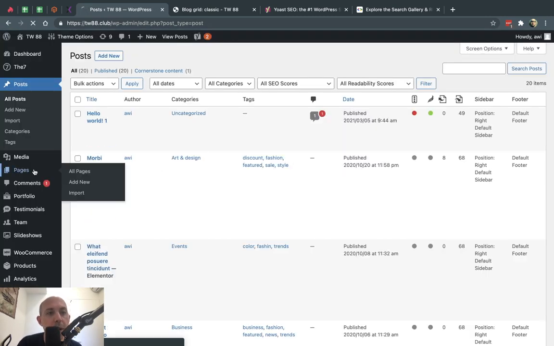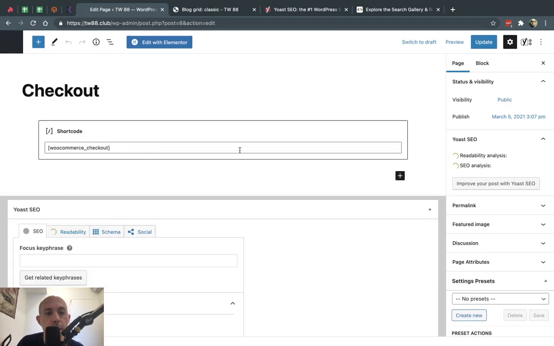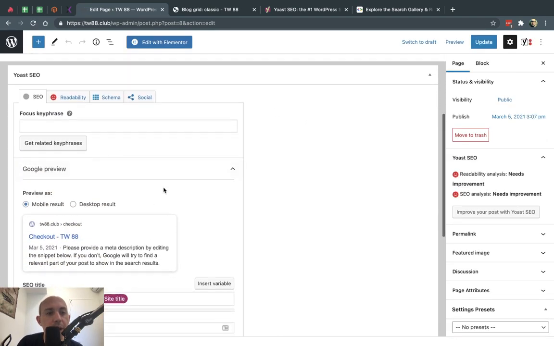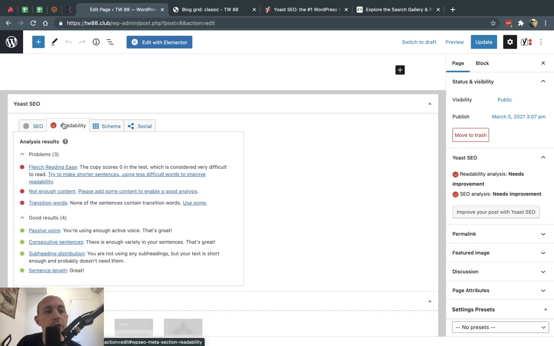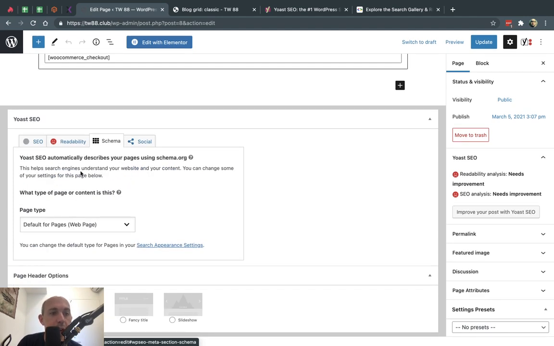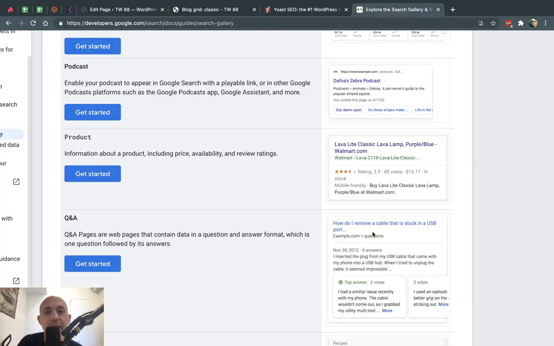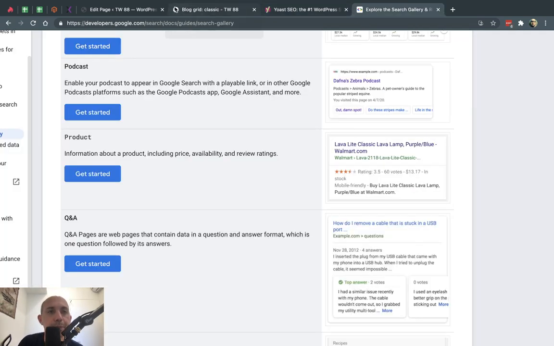And the same thing goes for pages, right? So posts and pages are very similar. You have the same information. And if I go ahead and edit my page right here, I'll have the same thing, okay? Now, one thing I forgot to mention on the post, and it applies to the pages, is this is the most important one, the SEO. But you'll also have the readability, which is basically a summary, and you have the schema, right? Which is basically the structured data. Schema and structured data is the same thing, okay? Schema is kind of an older way to say it, what we used to call it, but it's basically the structure of the pages, okay?